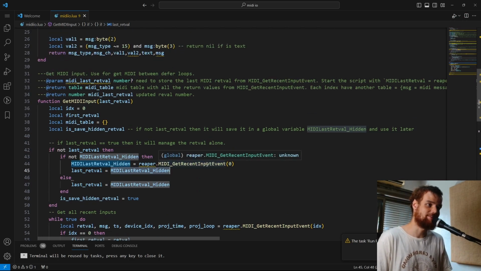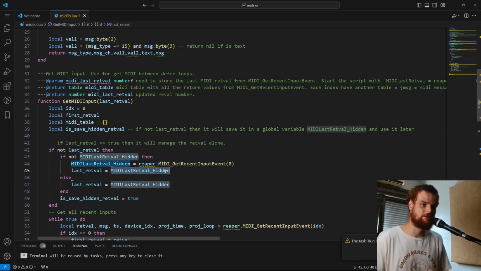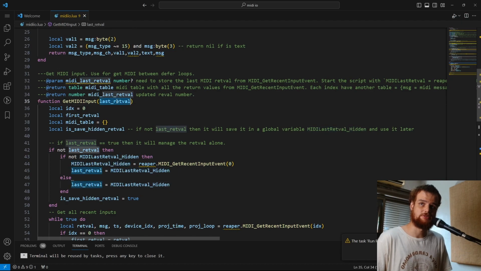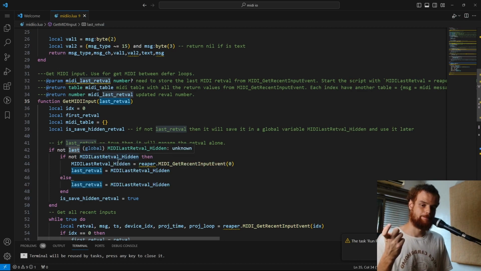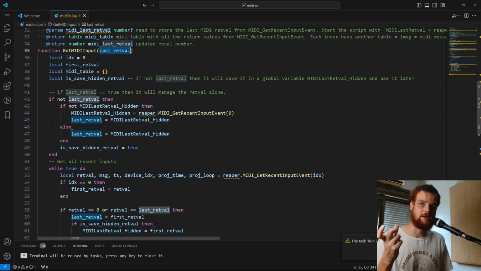Just not hidden, but with quite a strange name that won't be a problem in a global state. But if you don't like this, you can put the last read value yourself and manage it yourself. But if you don't mind, you can put nothing and it will cover it for you. But it's really necessary to store the read value of the last message at each different loop, because here